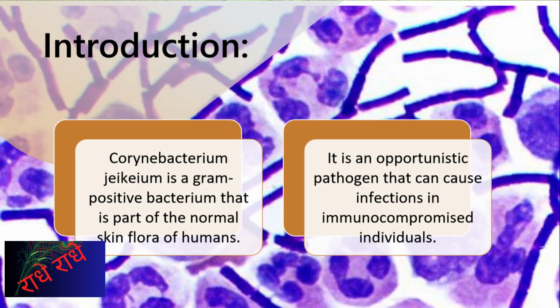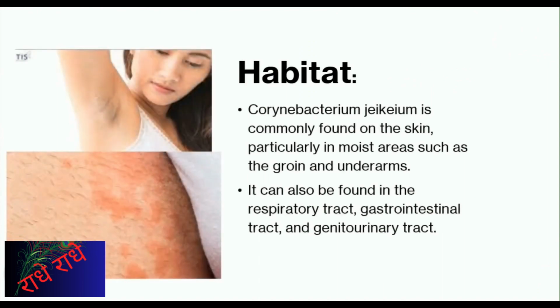Corynebacterium jeikeium is a gram-positive bacterium commonly found on human skin. While it is typically harmless, it can become an opportunistic pathogen and cause infections in individuals with weakened immune systems. It is a normal part of the human skin flora, commonly found in areas like the groin and underarms, where moisture is present. Additionally, it can also be found in other parts of the body, including the respiratory tract, gastrointestinal tract, and genitourinary